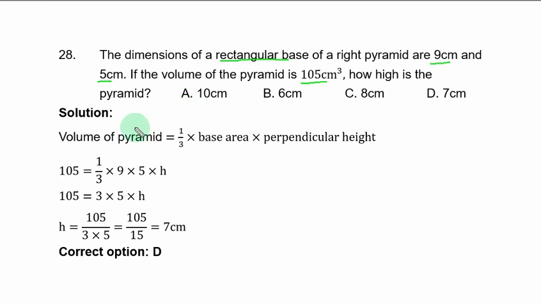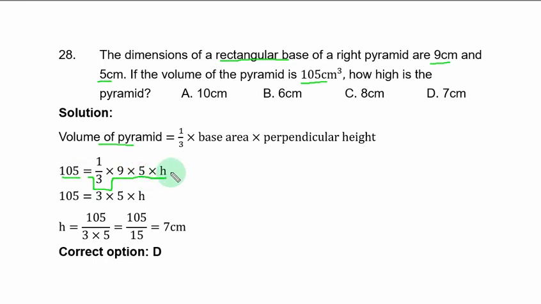Solution. Volume of pyramid is equal to 1/3 times base area times perpendicular height. Now the base area is area of a rectangle. The volume is 105 equal to 1/3 the base area of a rectangle, length times breadth, that is 9 times